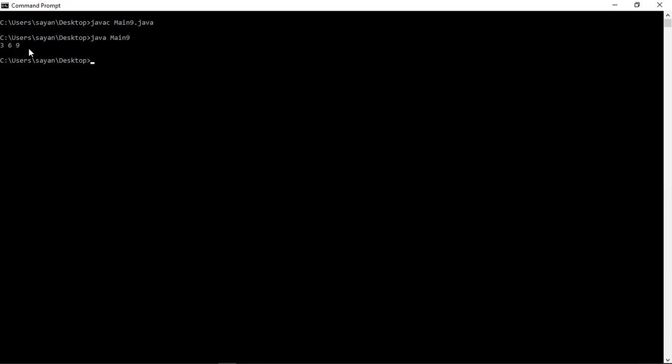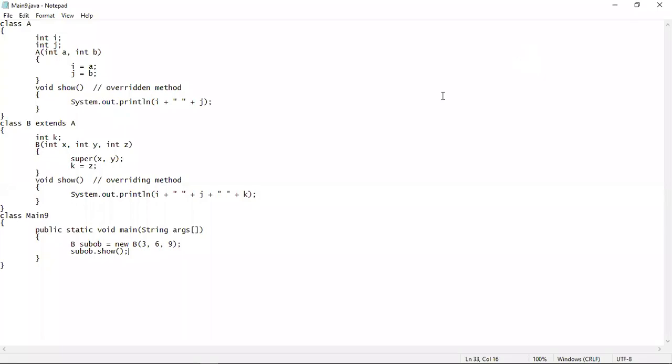Now let us go back to the program again. So this is how method overriding takes place in case of inheritance in a Java program. Method overriding is a very important concept using which we will implement runtime polymorphism or dynamic method dispatch that I'll show you next.